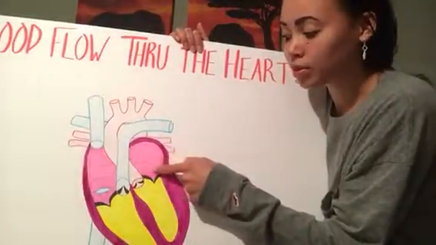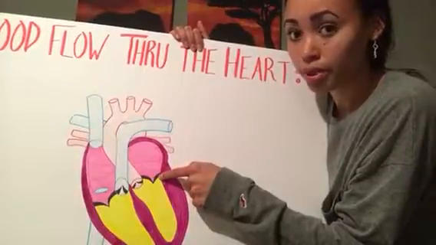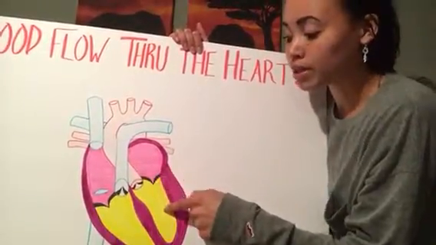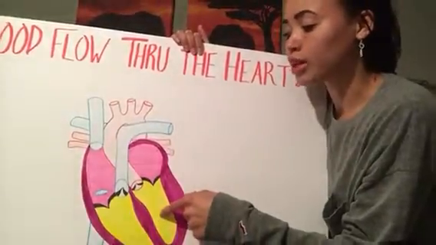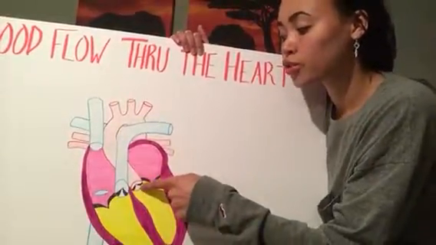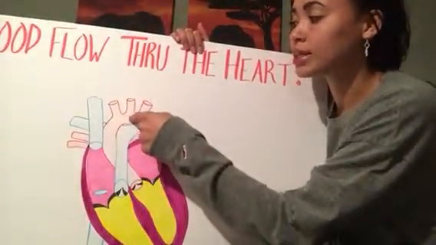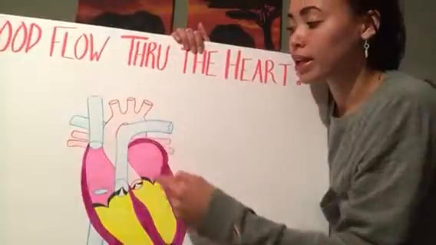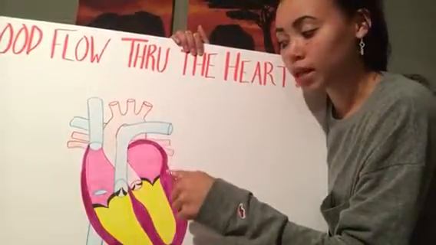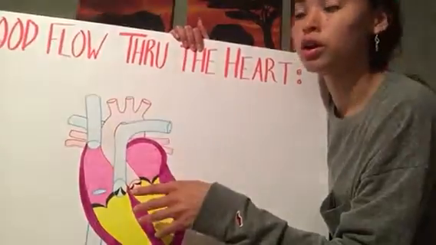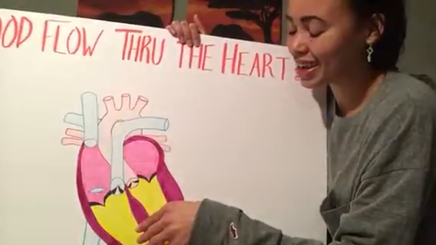From the left atrium, blood passes through the mitral valve, which is also the bicuspid valve, into the left ventricle, seen here in yellow. From the left ventricle, blood is pushed through the aortic semilunar valves into the aorta, which breaks into many vessels that carry blood throughout the body. From the aorta, blood is also supplied to the heart through the coronary arteries, and